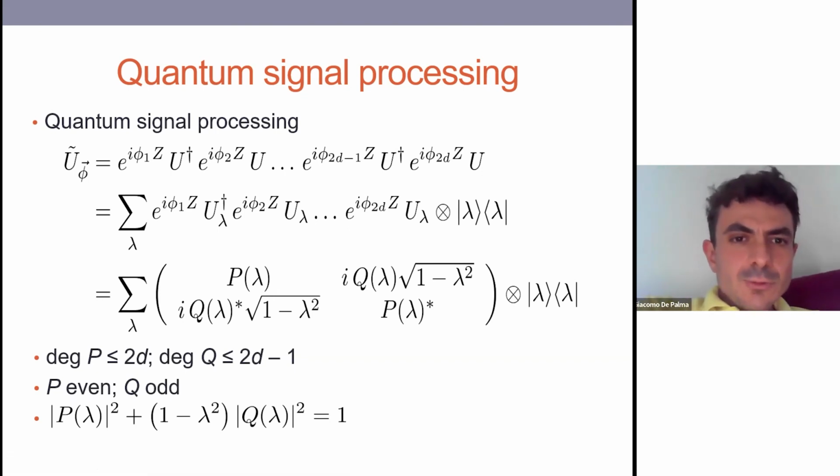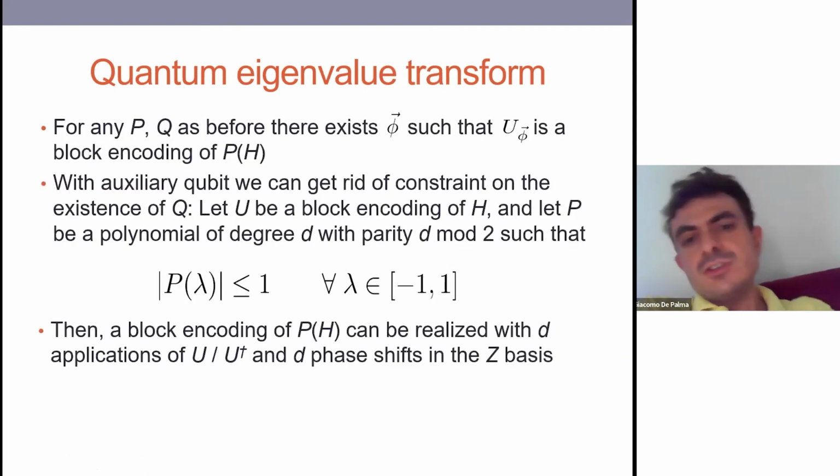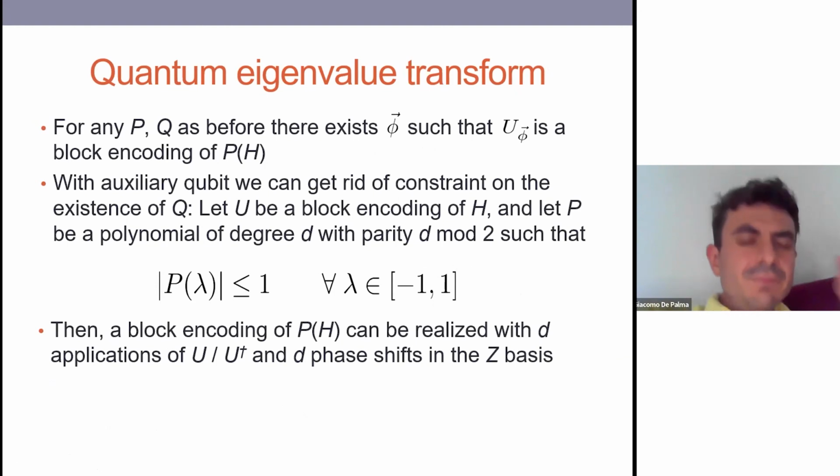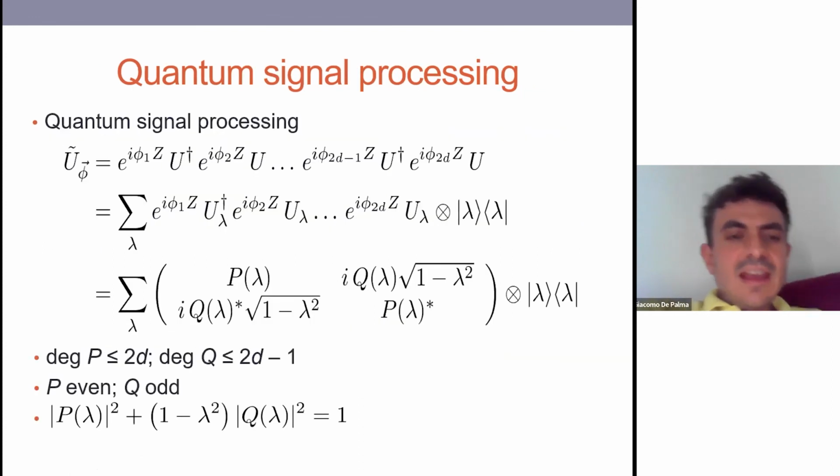Now, this will seem quite involved and not so much useful, but then there comes the fundamental property. And the fundamental property is that if you take any two polynomials P and Q satisfying these three properties, so the degree of P is at most 2D, the degree of Q is at most 2D minus 1, P is even, Q is odd, and P and Q satisfy this equation,